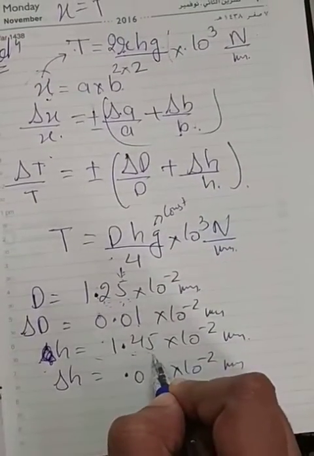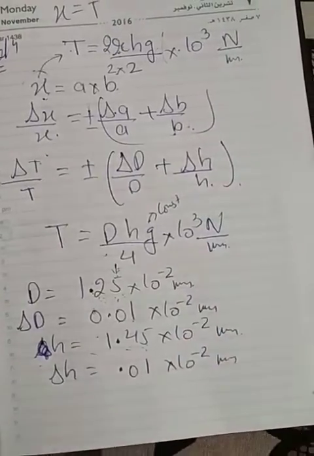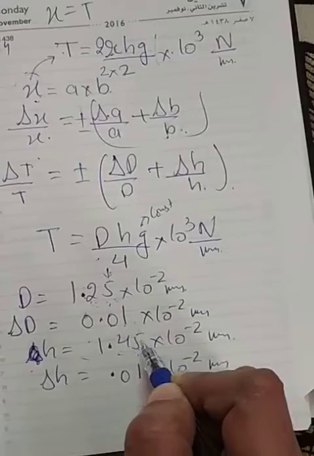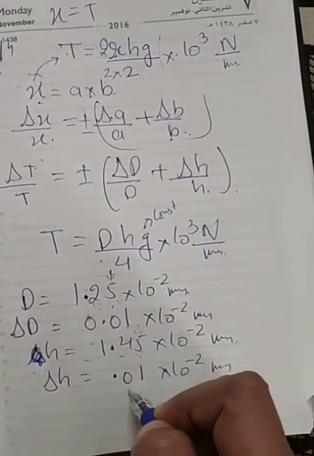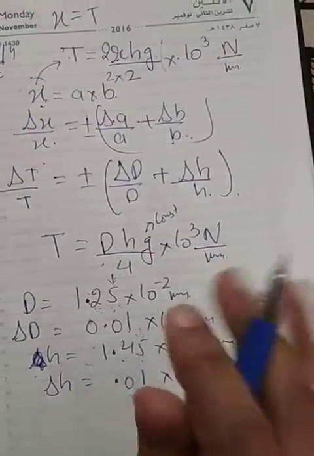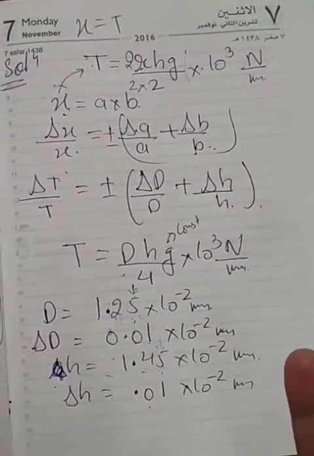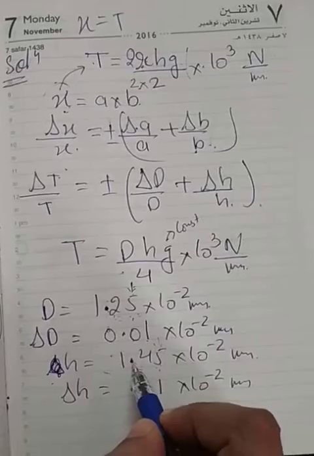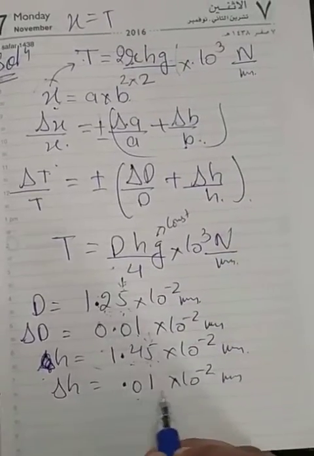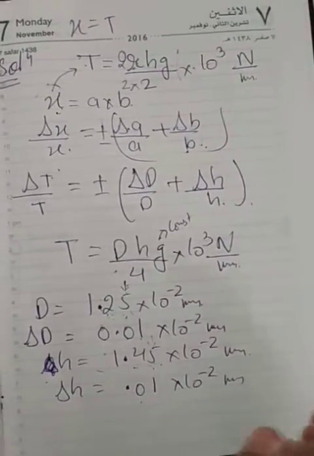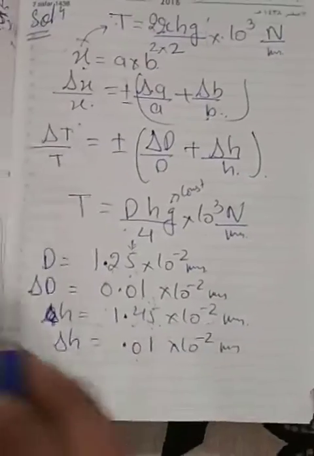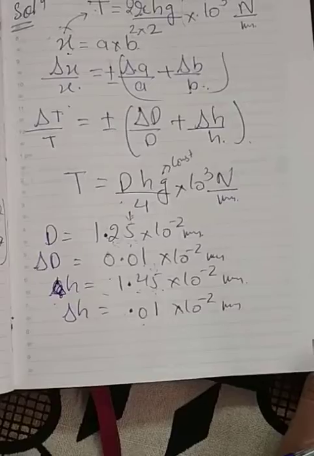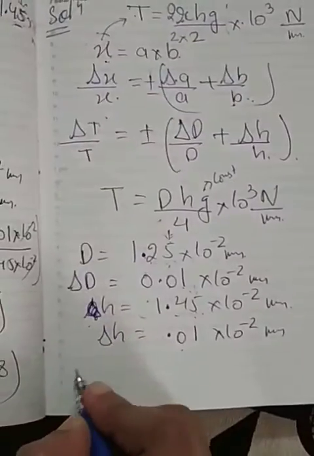You have to approximate, the error will be in the last digit. Uncertainty will be in the last digit, so we have to approximate this digit. Do you understand this concept or not? In very simple terms, if you have 2 values after the decimal, it means you have to approximate the values to 2 digits, that is 0.01, the minimum error in your measuring scale. So you just have to put in the variables.